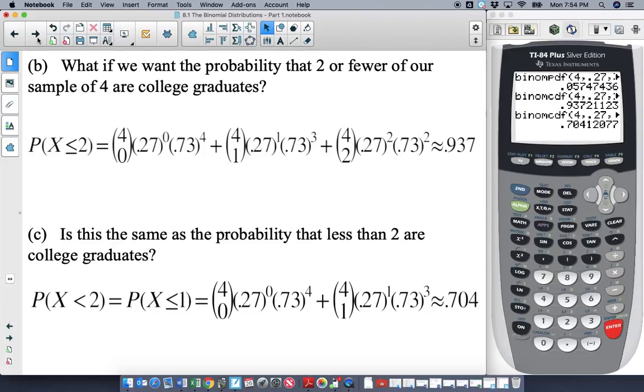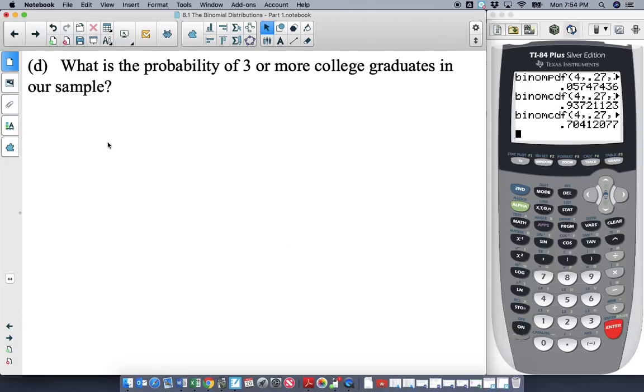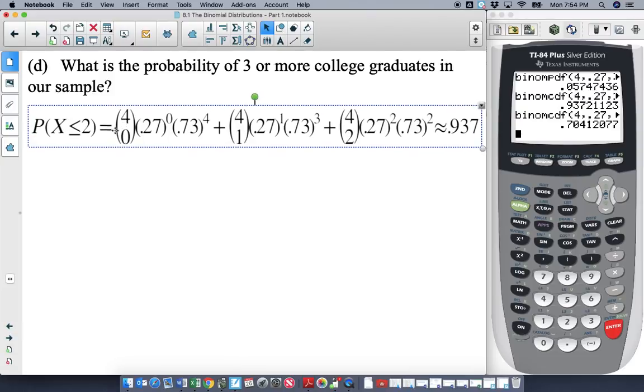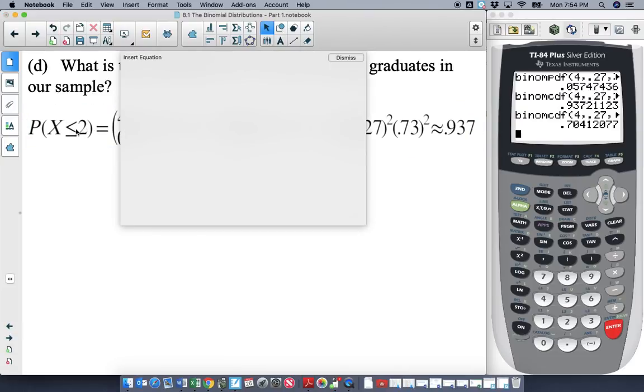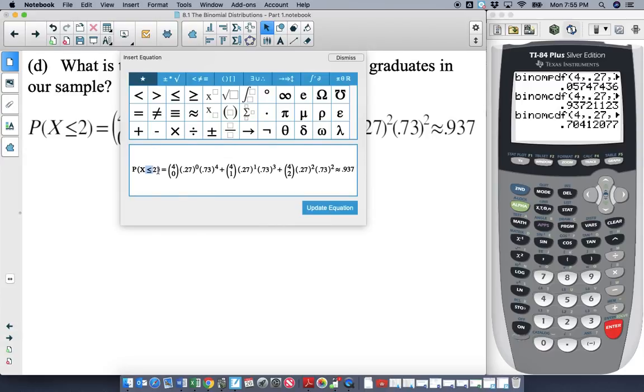All right. So last one, what about this? For D, what is the probability of 3 or more college graduates in our sample of 4? What is the probability of 3 or more? So let me steal my notation. We are doing then the probability that x is 3 or more, which is greater than or equal to 3,